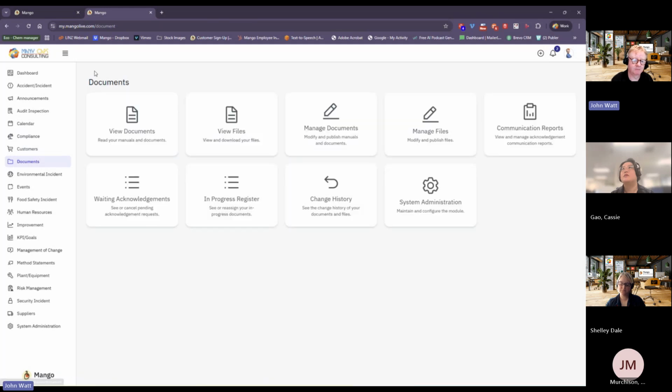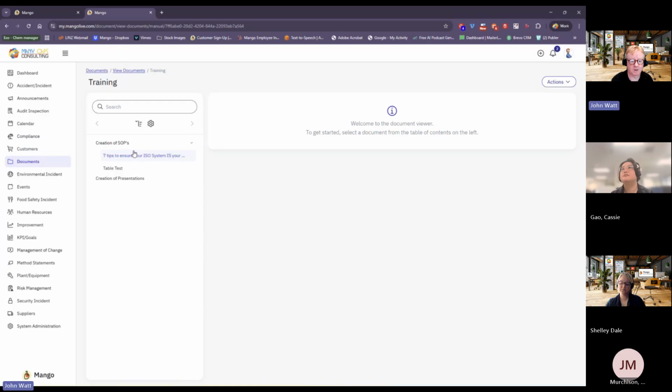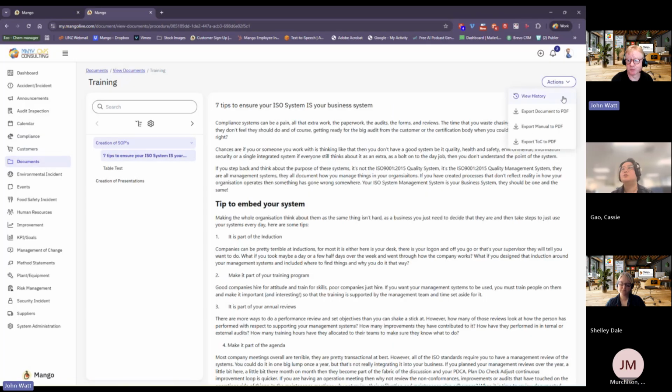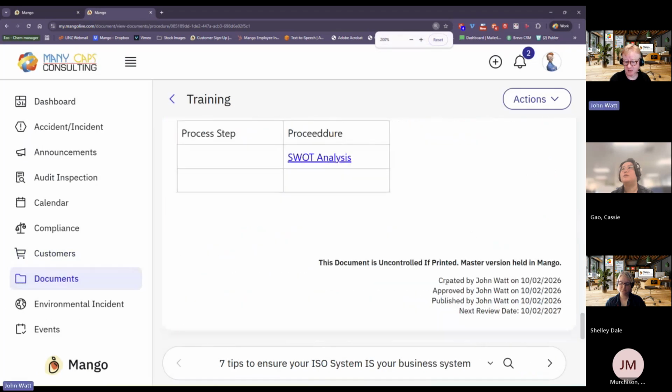The difference with documents is they're viewed online, and then I can export them out to PDF if I want to, and we manage all the version control for you directly in the document. So it'll stamp on there, and it'll go through that workflow approval. If you look at the bottom here, you'll see who's created it, who's approved it, and you can have as many people on that list as you like, who's published it and when the next review is, and that's going to physically stamp onto it.